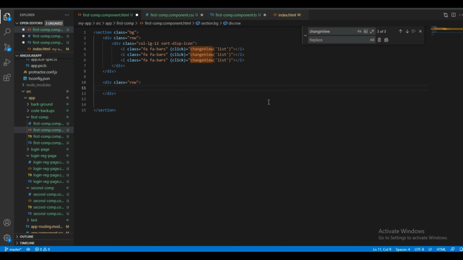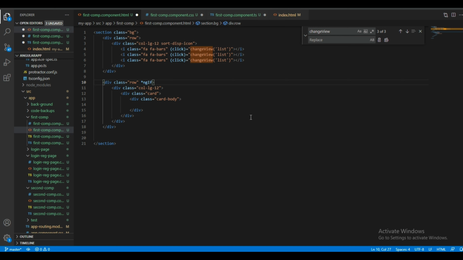Dot row and col-lg-12, card, use card body, and here I will write an ngIf condition.